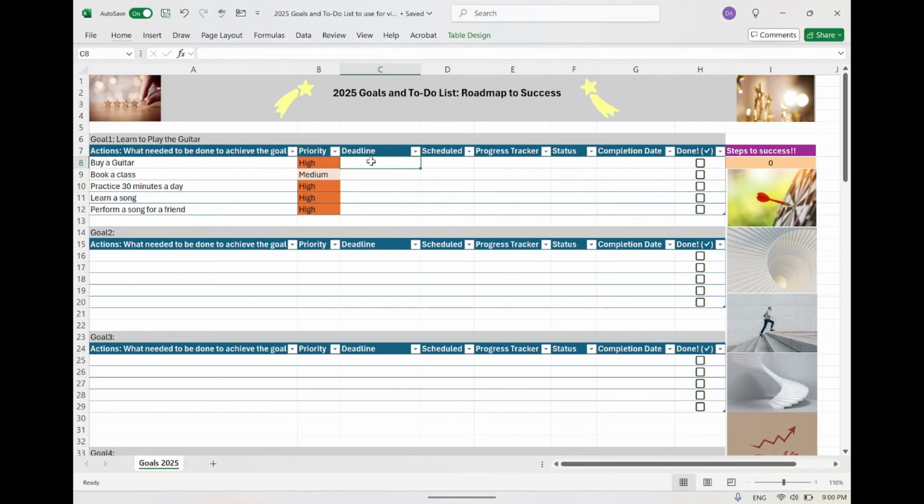Now, moving on, we move to the deadline. I like to add the deadline in a way that looks more like a timeline for me. So the deadline for the first one generally is before the second one, before the third one, and so on. So for example, for buying a guitar, maybe I can put January 15, 2025. And for booking a class and taking it, maybe I should take one by February